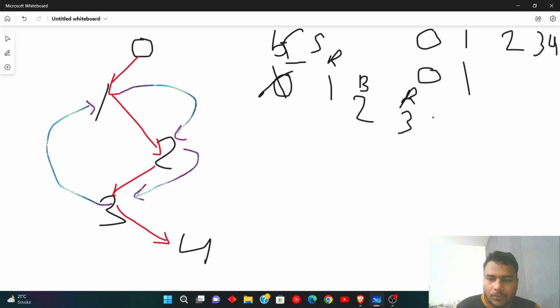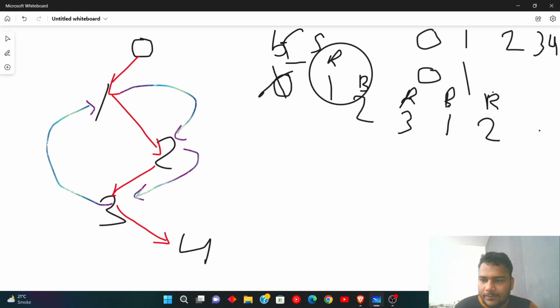So now from 3 we go to 1 with a blue edge. Here we came from 0 to 1, so node 1 with a red edge is visited and we will never come to 1 with a red edge again, but we can go to node 1 with a blue edge because it is not visited yet. And now from 1 to 2 we can go with a red edge,